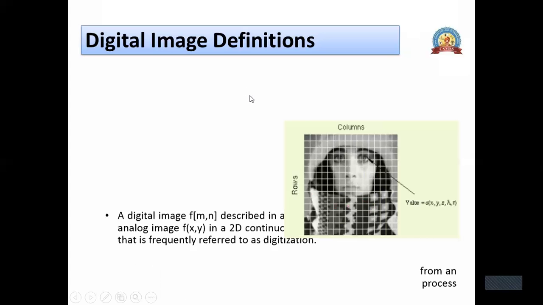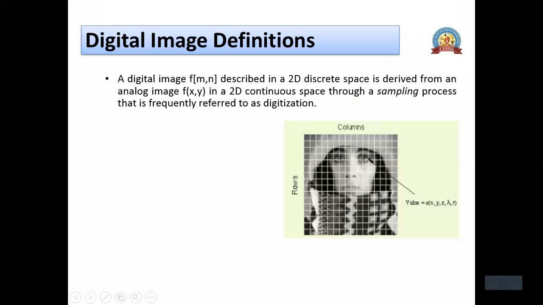So we went through this and we said that the complete image will be divided into a number of rows and a number of columns. And dividing the image into a number of rows and columns is nothing but sampling. Normally you have learned about sampling in your different subjects, but in that sampling, what you had is 1D sampling, that is one-dimensional sampling. But here we have two-dimensional sampling. That's why we have rows and columns.